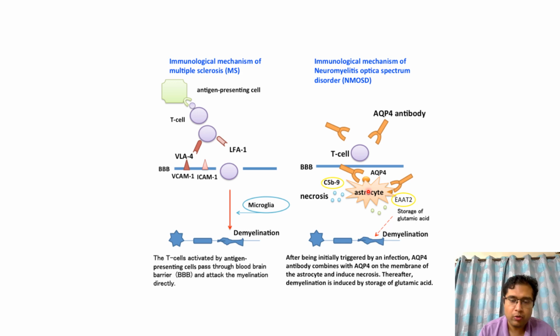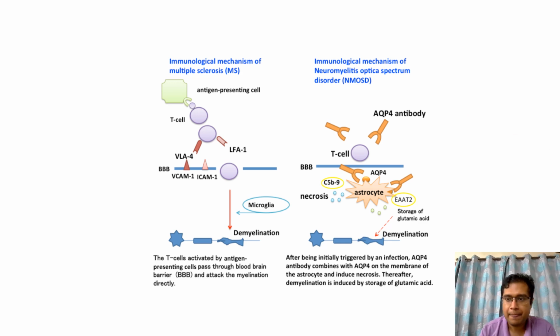So aquaporin 4, which is abundant in the circumventricular organs, is actually present in the foot processes of the astrocytes, which are attacked by the antibodies in case of neuromyelitis spectrum disorder. In this case, there is damage to the foot processes of the astrocytes, and hence these astrocytes, which are actually helping in the process of myelination, as they are the supporting cells of the oligodendrocytes, get destroyed, and because of this, indirectly there is a demyelination of the neurons, and hence this particular condition of neuromyelitis optica spectrum